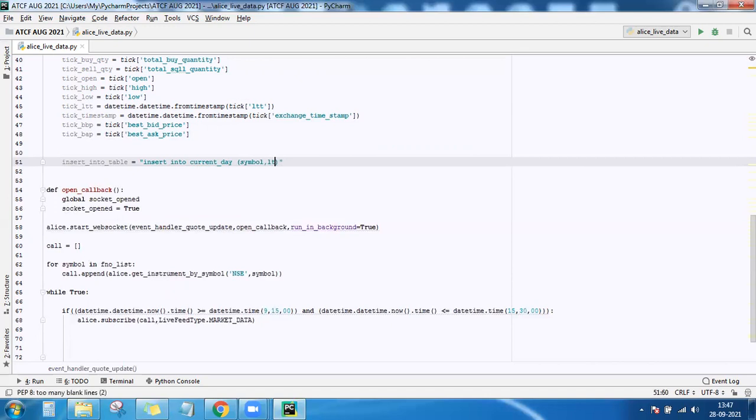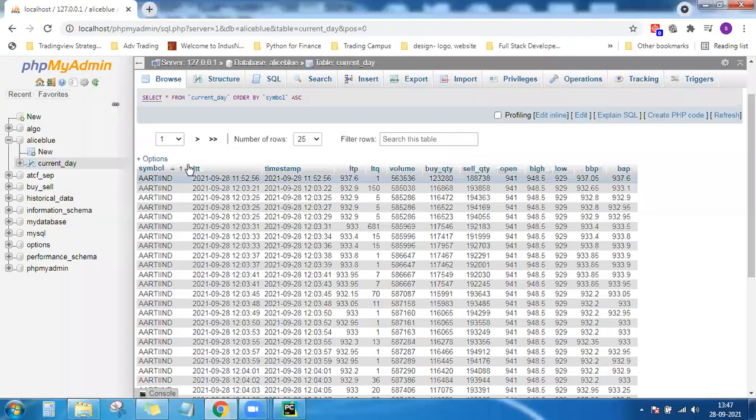or LTP first, I think. Yeah, LTP, then last traded quantity, then the volume, buy quantity. Just refer to these column names here.